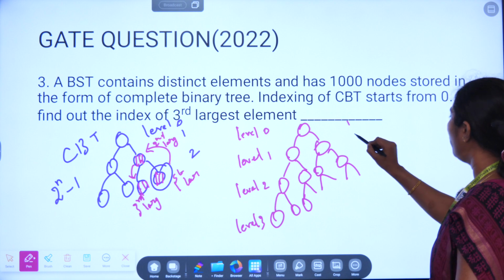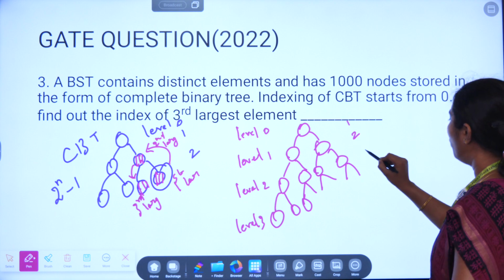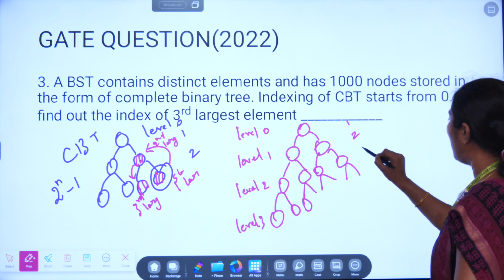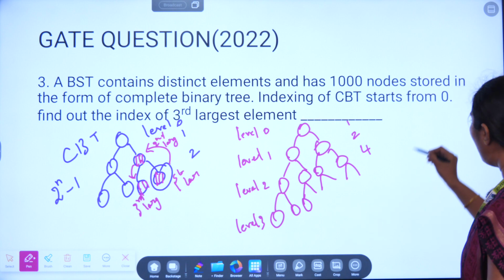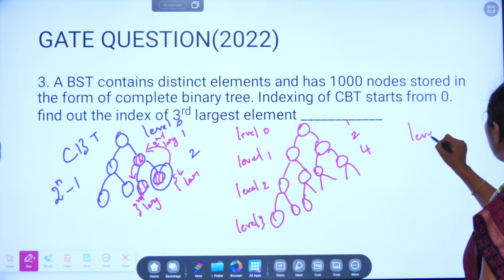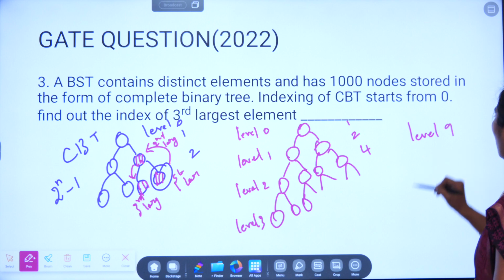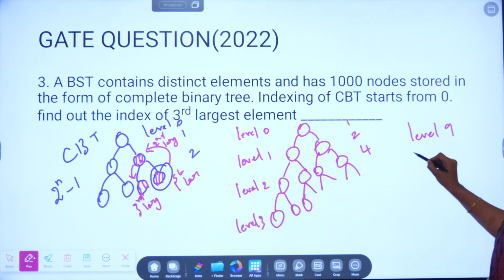For the next level we are going to have the number of nodes as 2. For the next level the number of nodes is going to be 4. Likewise it will go on. Till level 9, if you are going to consider level 9, it is nothing but 2 into